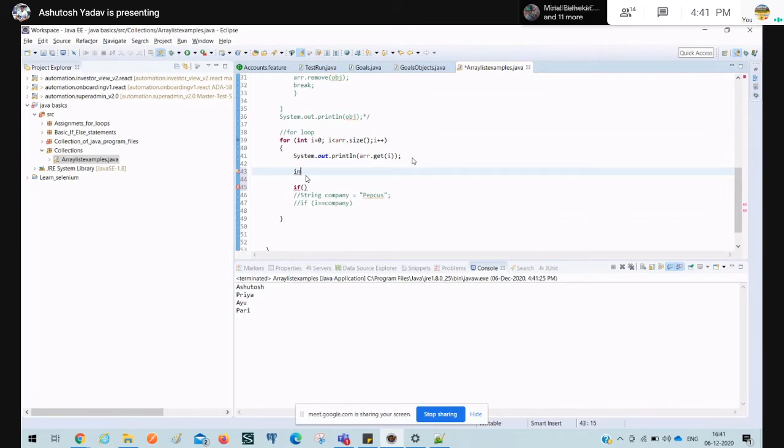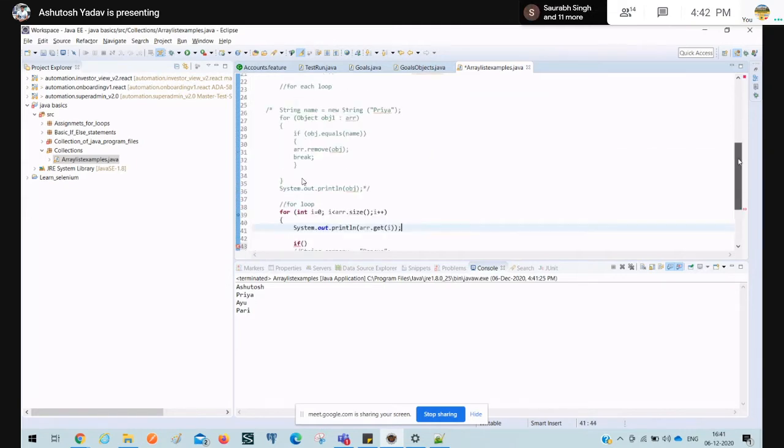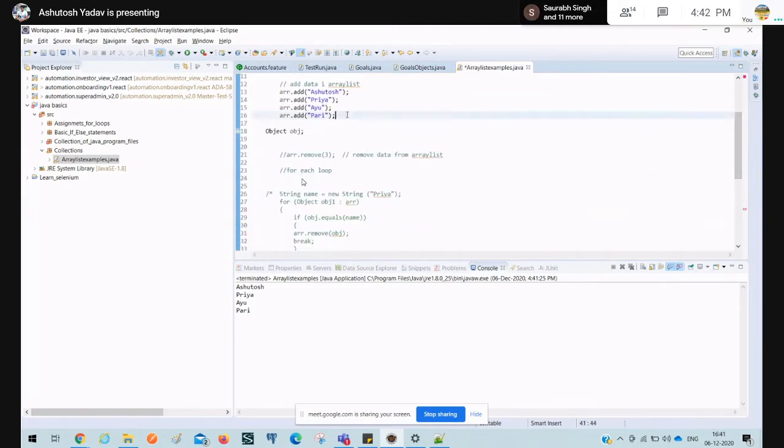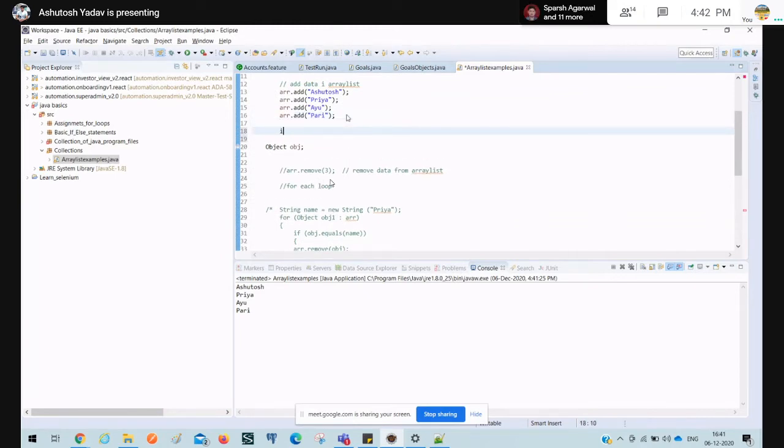Never declare any variable inside any loop, because that will be initialized again and again, that many times the loop will be running. Okay, so should I initialize here? To compare, name is equal to suppose Priya.